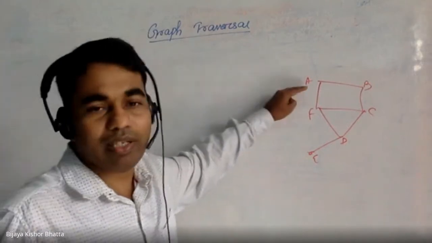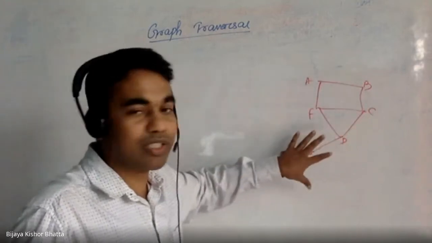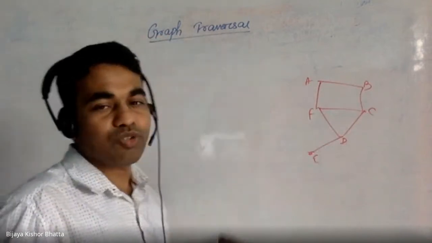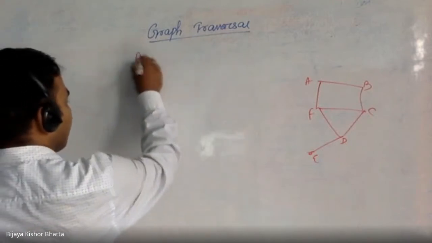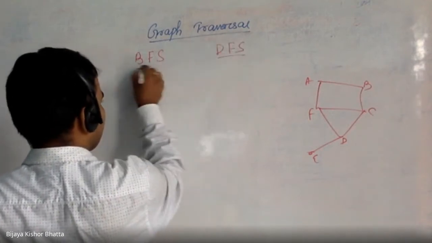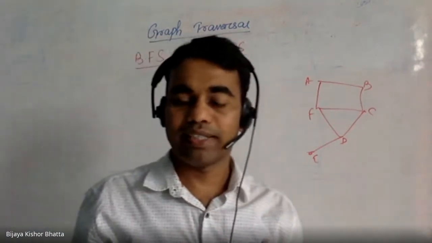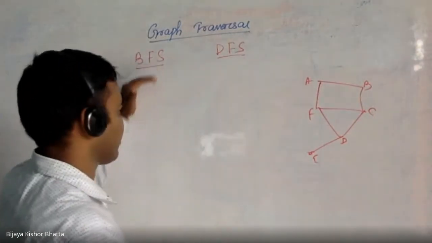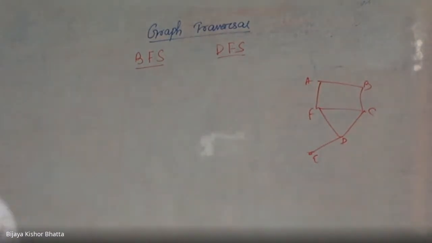Given any particular graph, our objective is to traverse all the vertices of that graph. That is known as graph traversal. There are different mechanisms for that. Generally, we'll be focusing on BFS and DFS. You might have heard about these, but we'll go into details, don't worry. These are the two generic techniques to traverse any particular graph. Let's first understand BFS, and after that we can go for DFS.